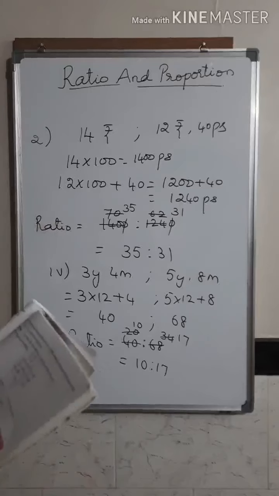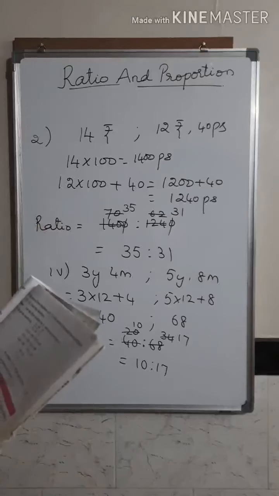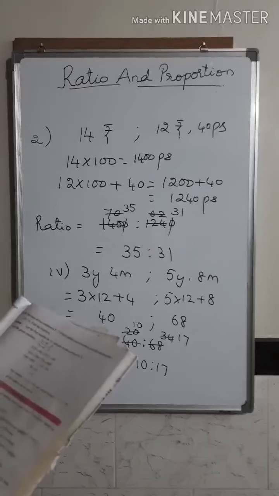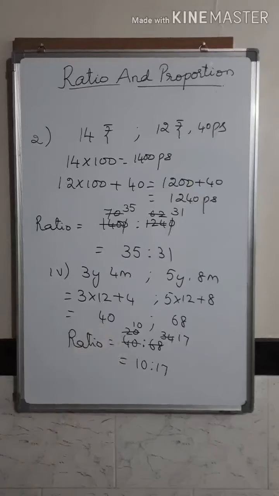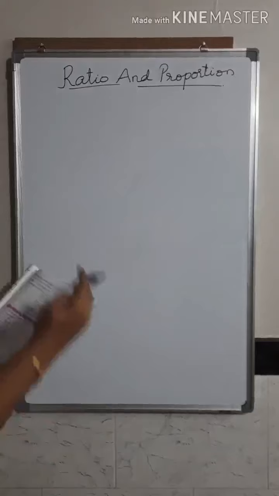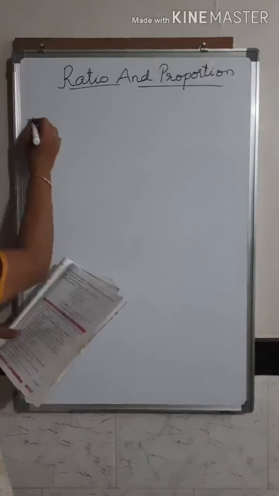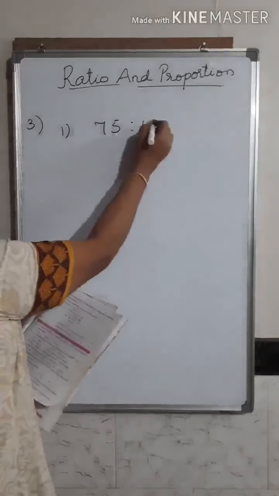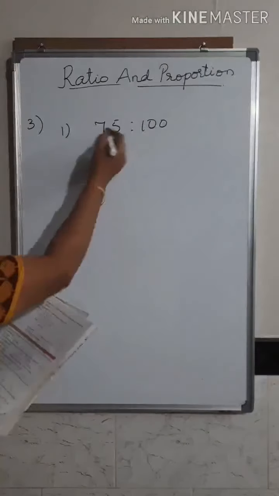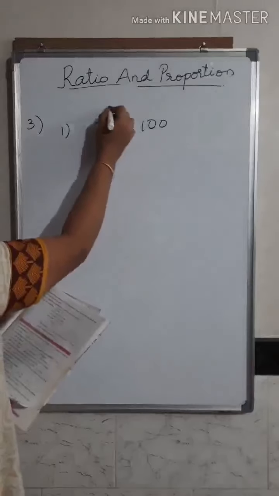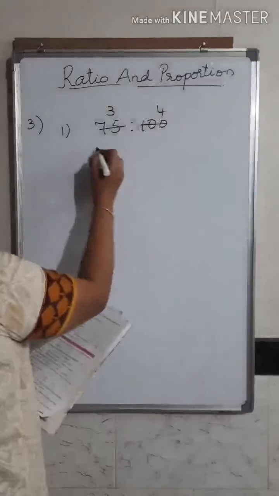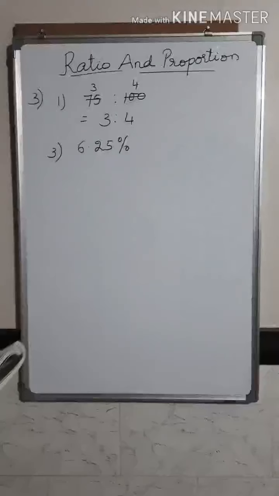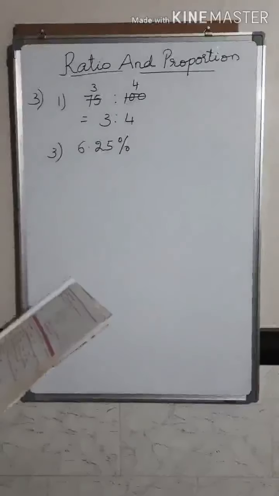The third one, express the following percentages as ratios in the reduced form. They are given in terms of percentage, you have to only reduce it, cancel it and write in the reduced form. So you have got the first problem, third question, the first problem you have got 75 is to 100. This you have to write in the reduced form. See by what you can cancel it. 25 3s are 75, 25 4s are 100. So the reduced form will be 3 is to 4. Very simple.